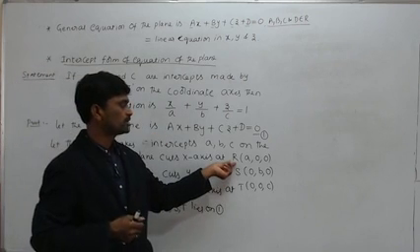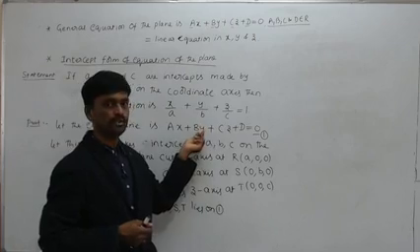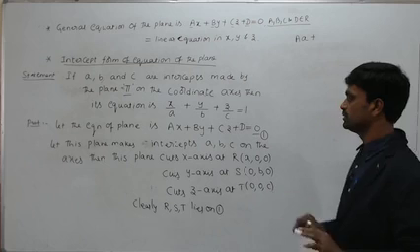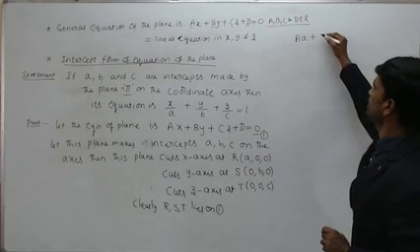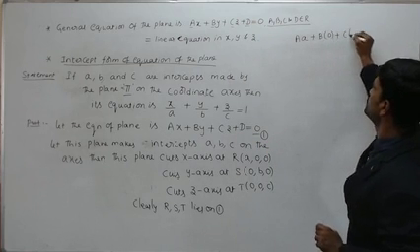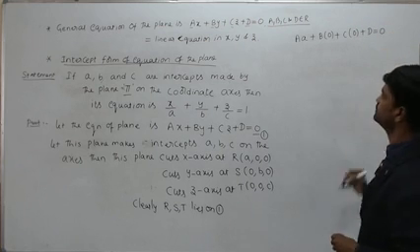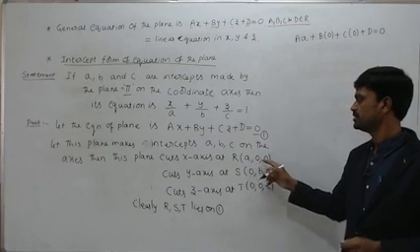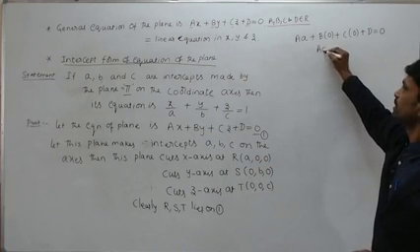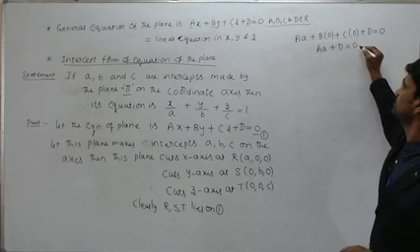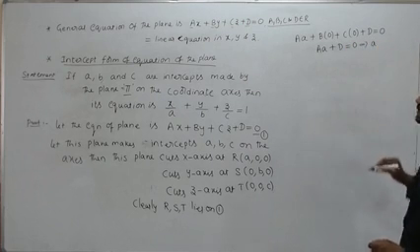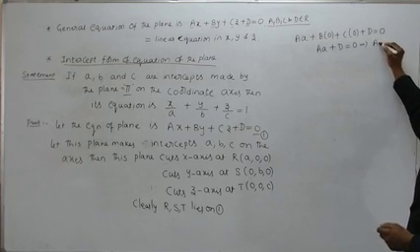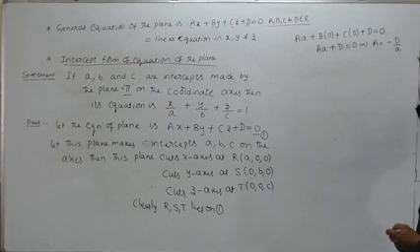So now first I am substituting point R in equation 1. If I substitute, what will I get? A into a plus B into 0 plus C into 0 plus D is equal to 0. So this plane is passing through which point? (a, 0, 0). So we can replace x, y, z by a, 0, 0. So further what can we write? A into a plus D is equal to 0. So from this what will you get? The capital A value is minus D by a.